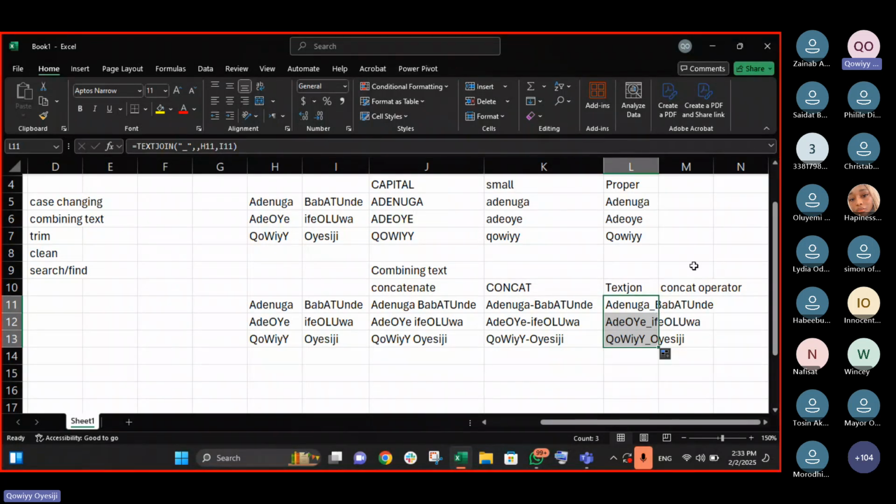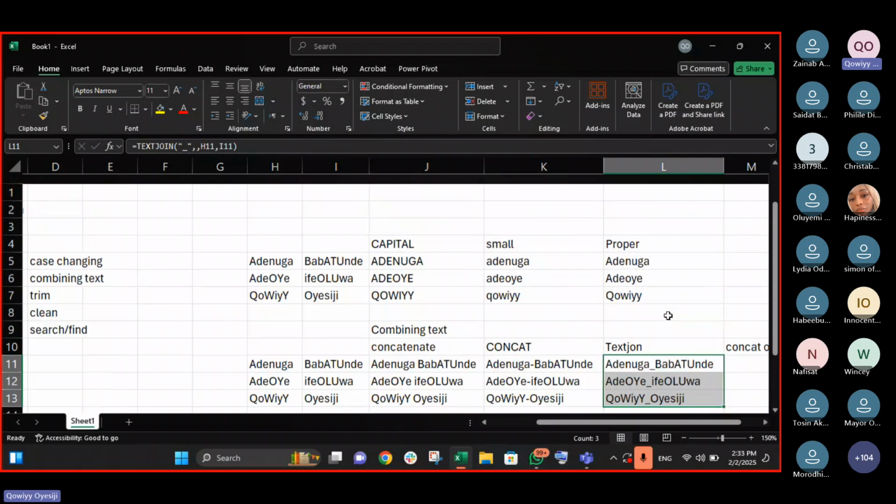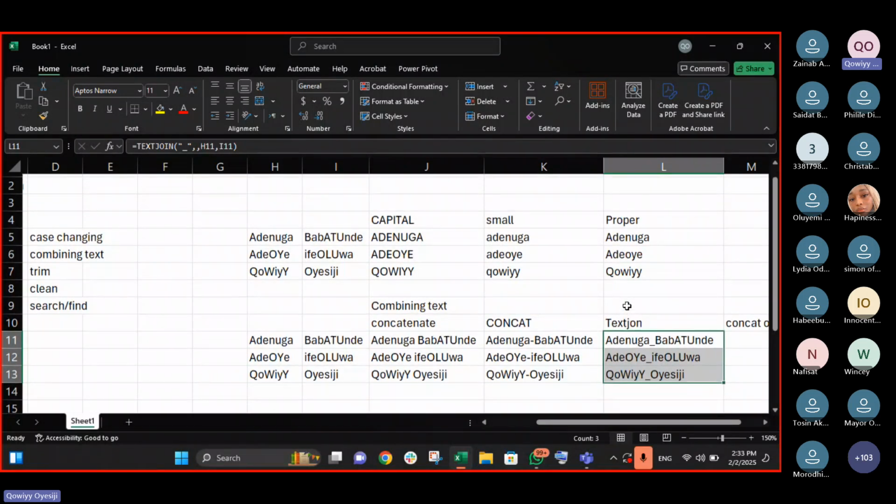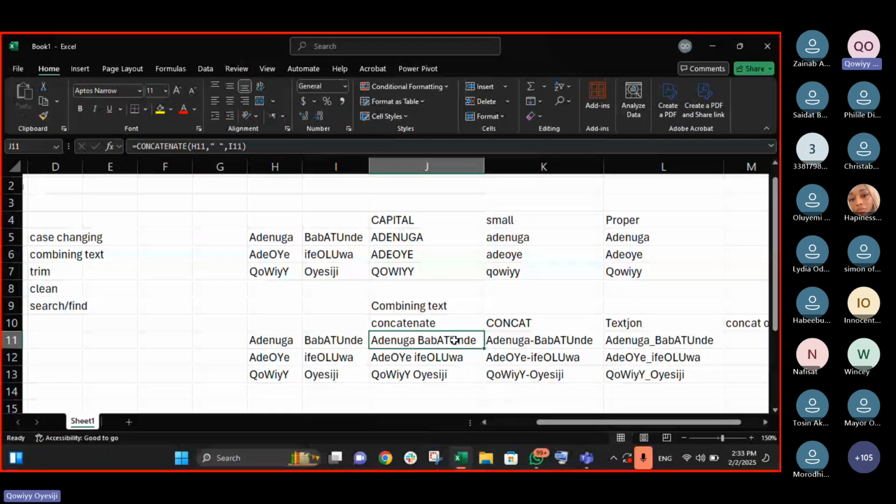I said your first assignment was the concat operator, so I would love you to come and tell me what the concat operator means in our next class. But there's an issue here now. Let me quickly come to it before we go. It's actually possible to combine more than one function together. What do I mean? Now look at this Adegunle Babatunde. This Babatunde is not being written well. Is that clear? So does that mean what I've just done is nonsense, because having this Babatunde here does not make sense.